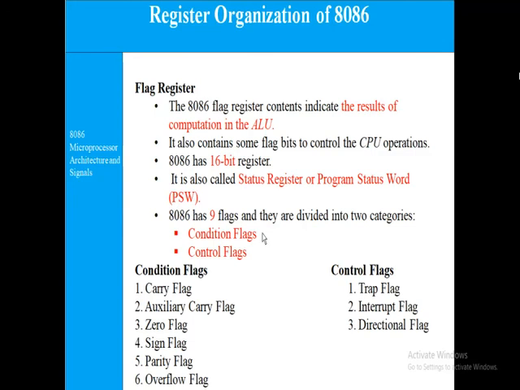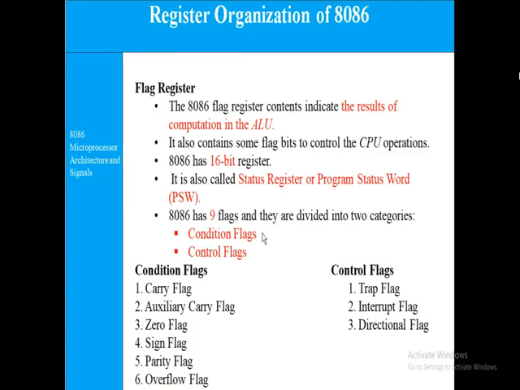In the 8086, it contains 9 active flags. So it's a total 16-bit register, and of the 16 bits, only 9 flags are active. These flags are divided into two types: conditional flags and control flags.